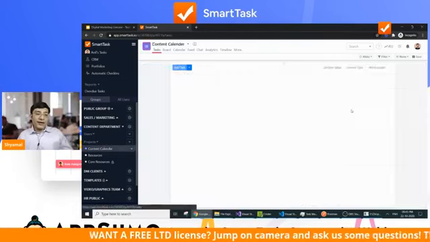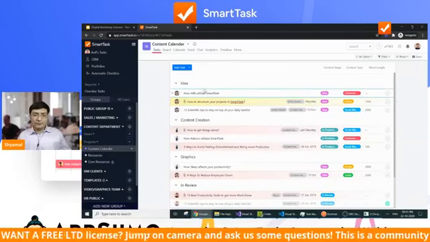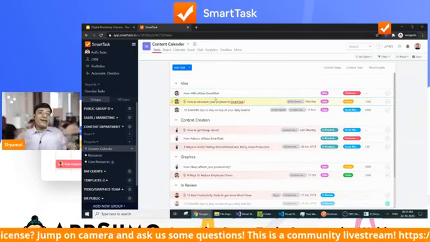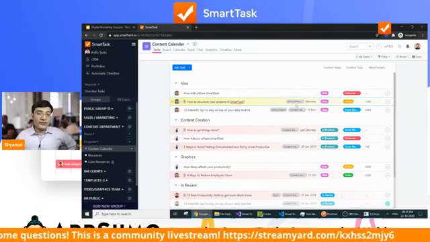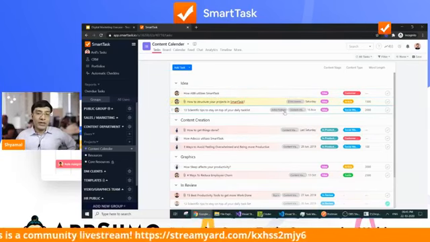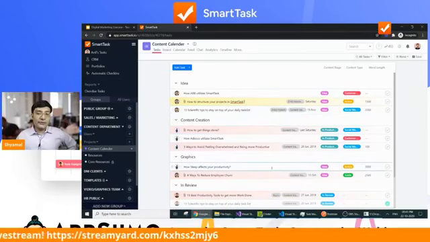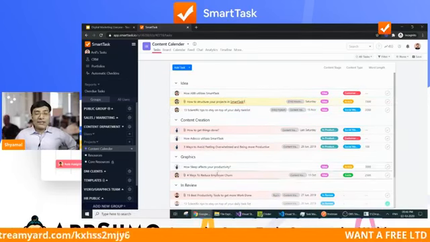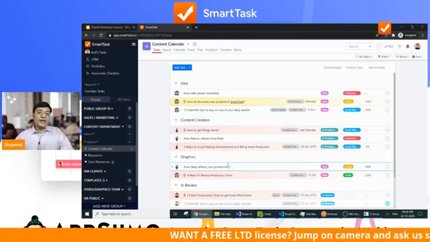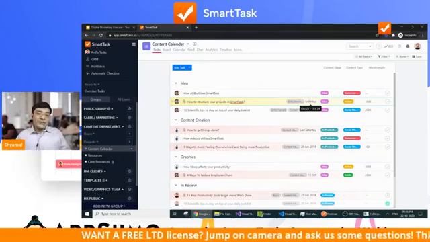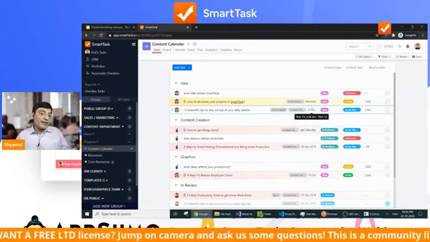So if I just go back to the content calendar, this is typically how the content calendar of your team will look. You have all of the tasks coming in from different projects. You have this task from Macmillan Co, this is from Flipkart, and so on and so forth. Now, once you have a lot of tasks coming in, your content team has an oversight on what the deadlines for each and every task or article are.